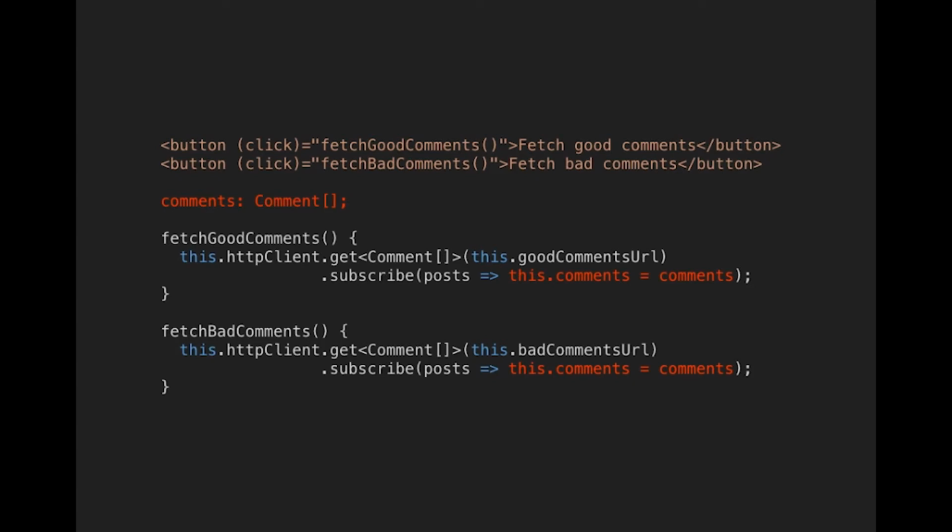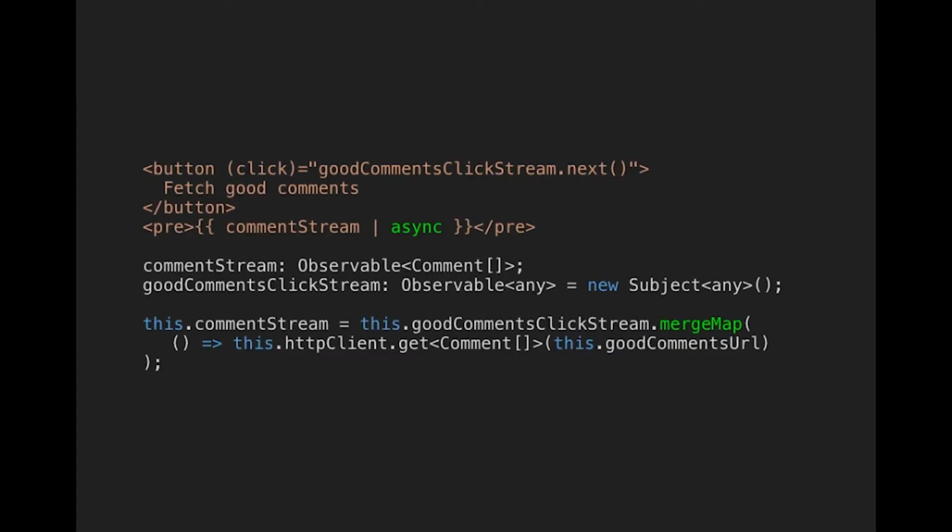So what is another approach to do this? Another approach is to change our thinking. Instead of having buttons and event bindings on them, we think of our button clicks as streams.